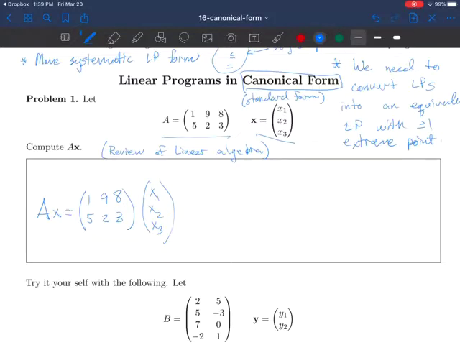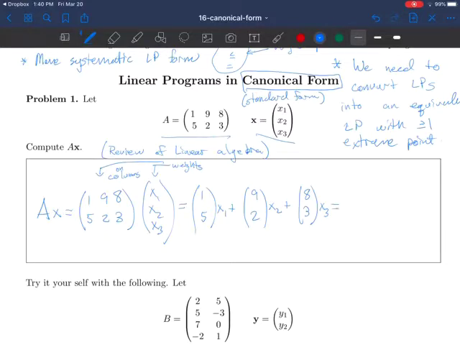One way I like to think about it is that these are weights on the columns of A. So this is equal to the column vector (1, 5) times x1 plus the column vector (9, 2) times x2 plus the column vector (8, 3)